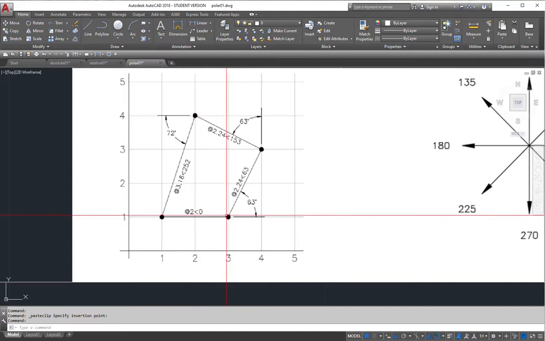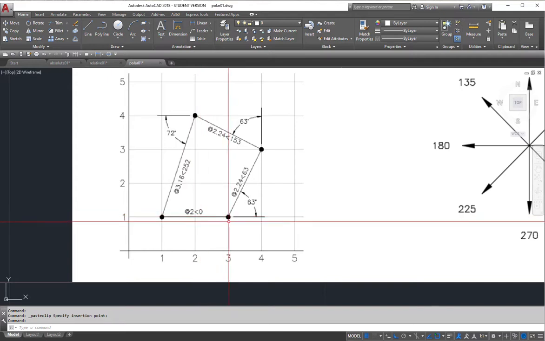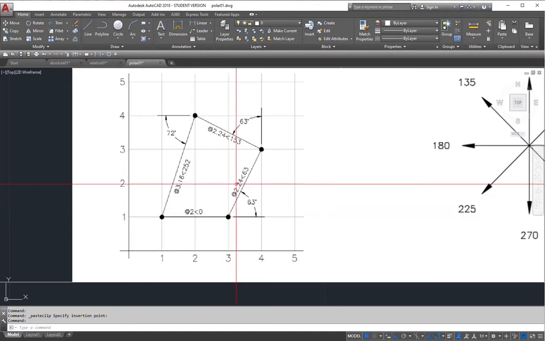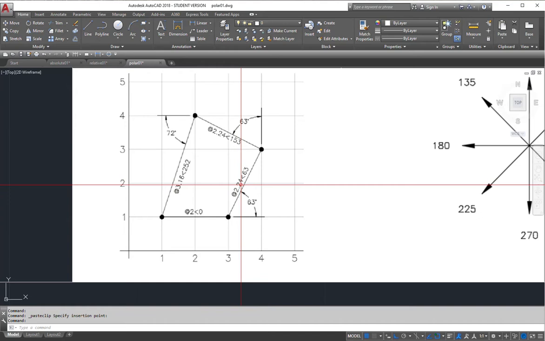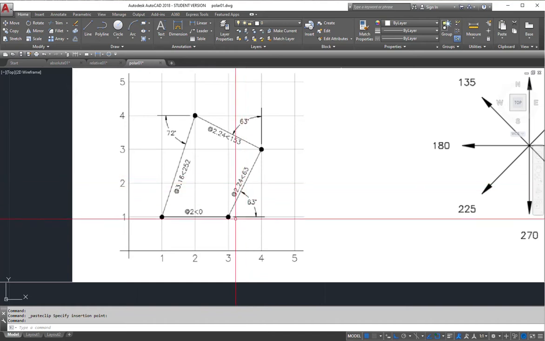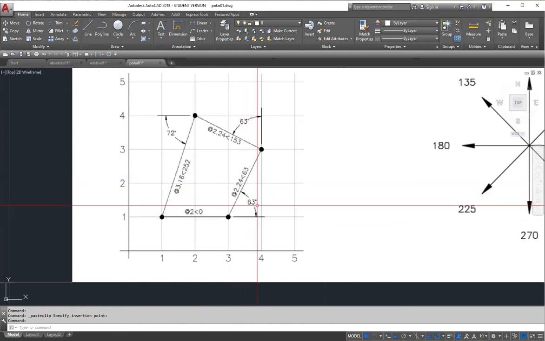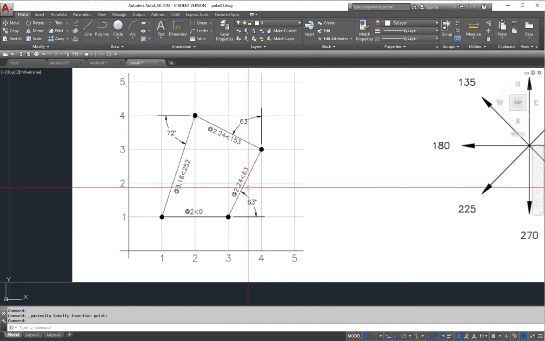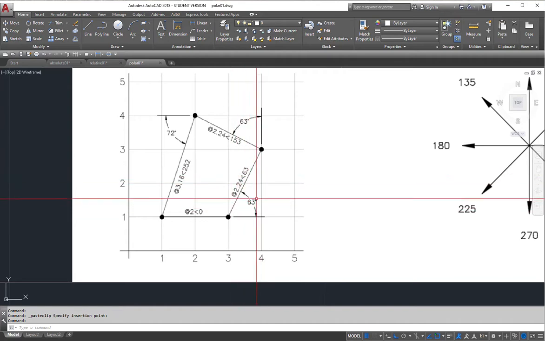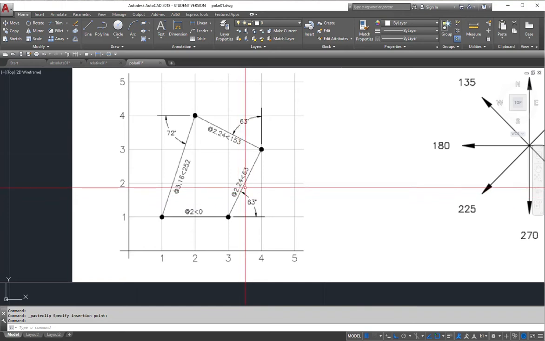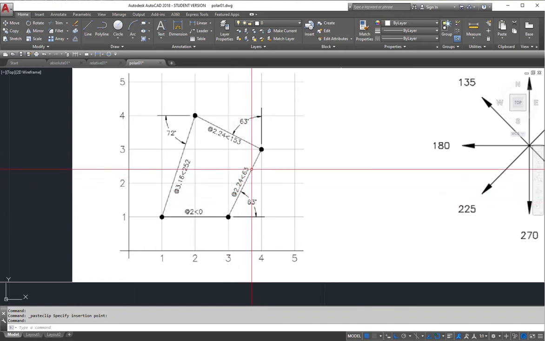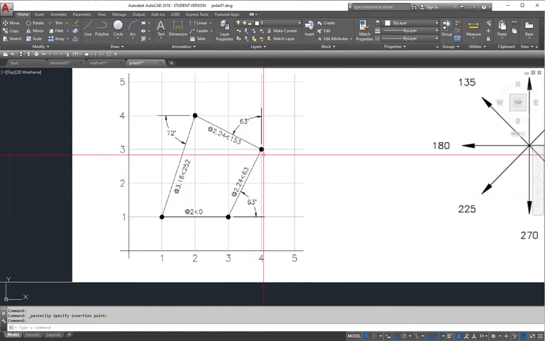Now, when we go from this second point right here and we say at, and then we have a given distance, in this case 2.24, that's our distance at, distance 2.24, less than, and then we can see the degrees right here, the angle, 63 degrees. We simply type 63. We don't have to specify the degree symbol because the system automatically knows by the formula that that's 63 degrees. When we get to this point, again, we say at,